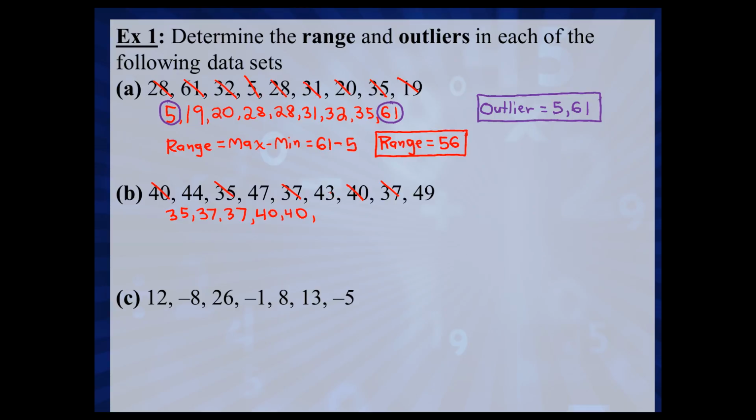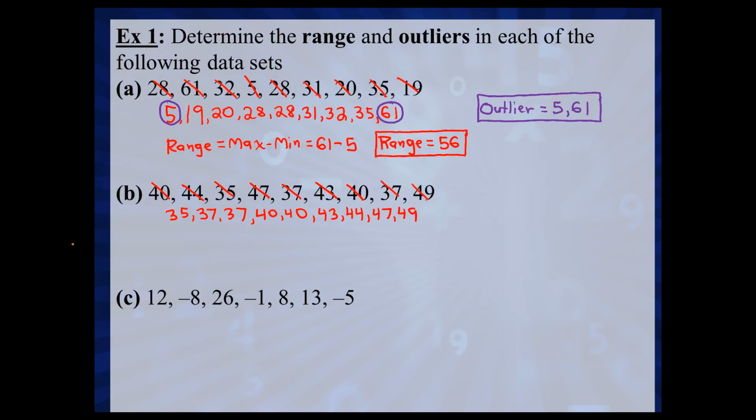And then we have 43. And then 44. And then 47. And then 49. So from smallest to biggest in ascending order, we have 35, 37, 37, 40, 40, 43, 44,